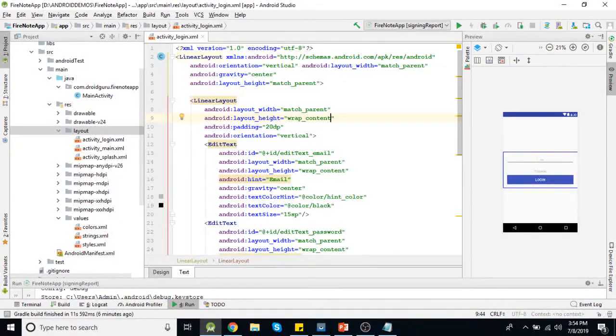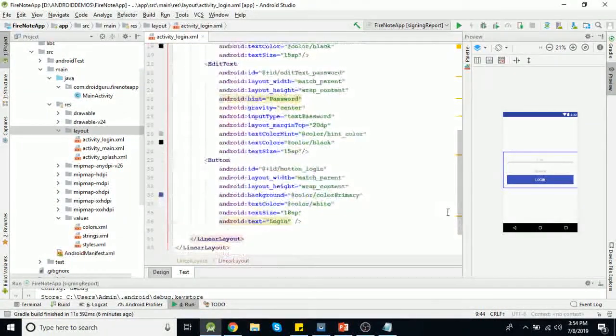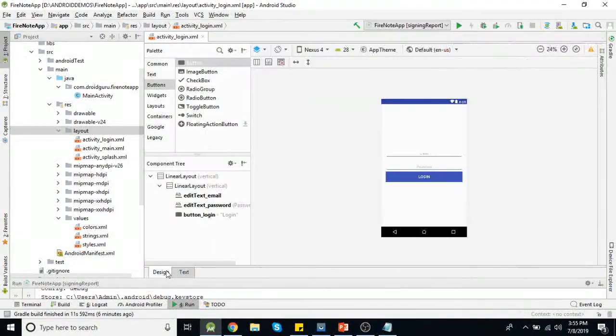So this is for the login process, but before login we need to implement sign up functionality. So let's add one simple option here for sign up. We'll add one text view.